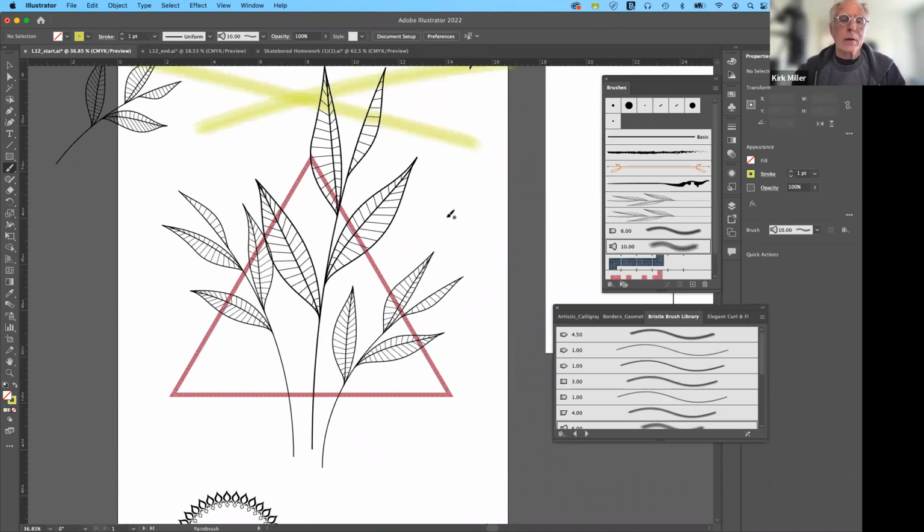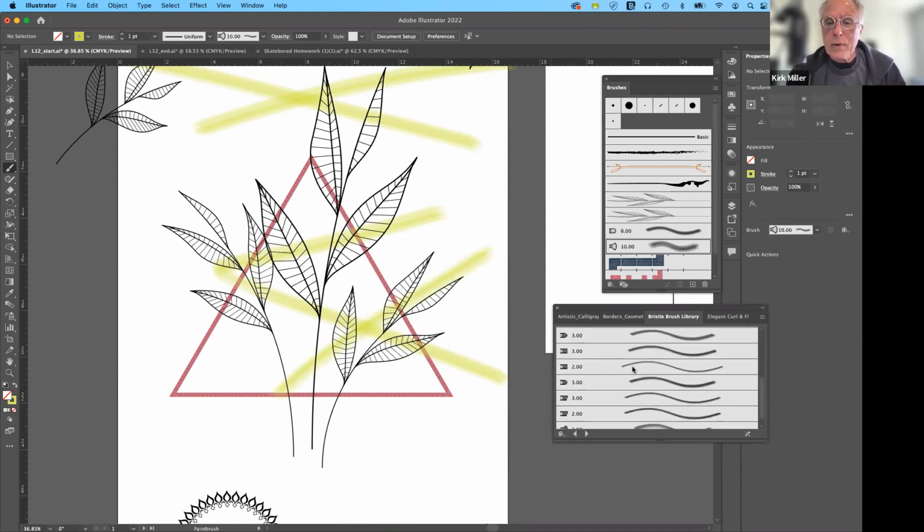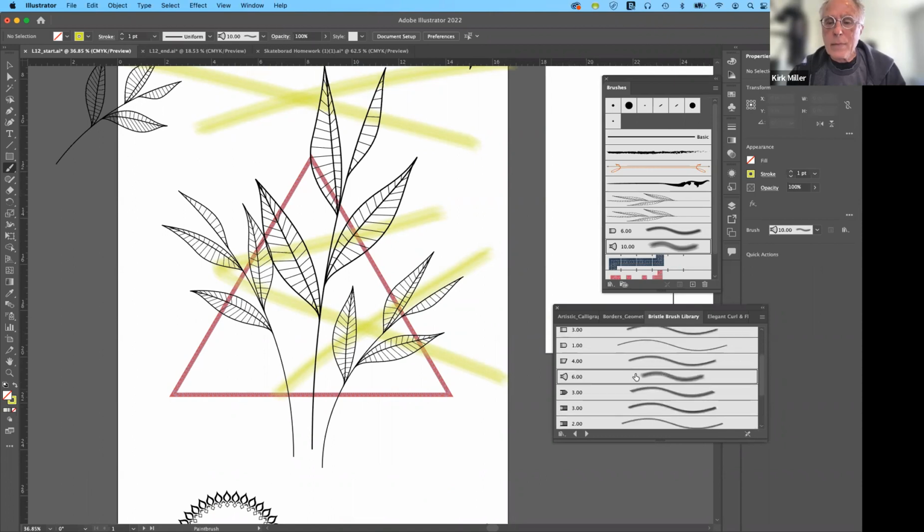We can come back in here and create some more brushes. Now, we can come back and change the thickness of it. Let's see if we have a little bit thicker one to work from. No, we don't. So this one is the biggest one we have. Maybe